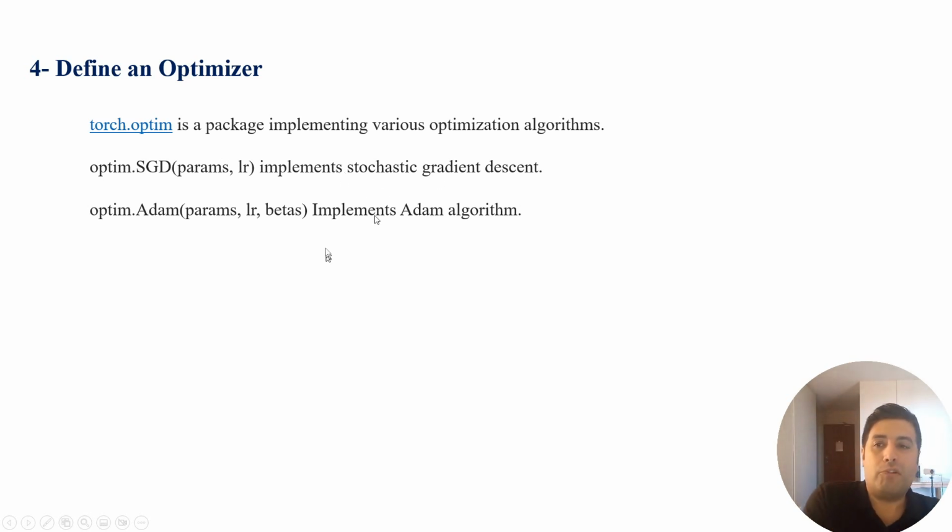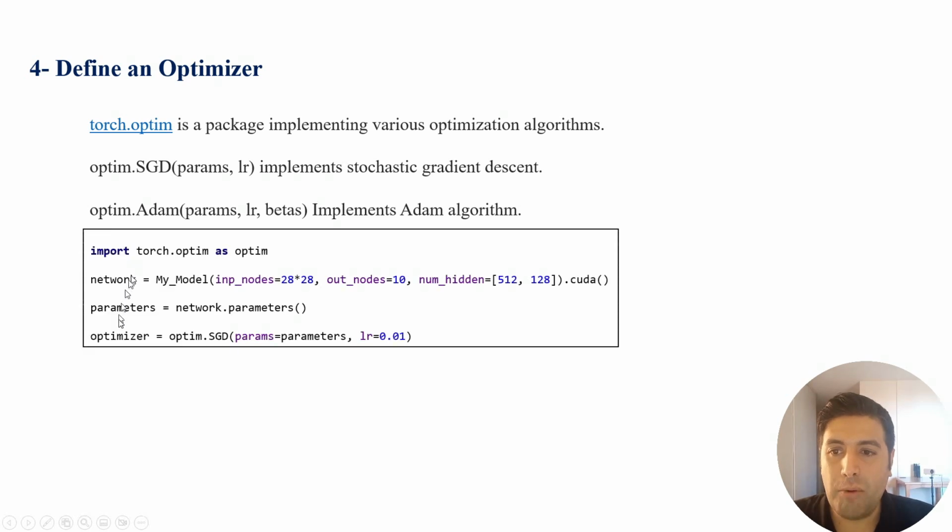For example, for steepest gradient descent, you have optim.SGD, which takes the parameters of your network and the learning rate, and it will make an optimization object out of this class. And you can use optim.Adam for Adam optimization too. It will take the parameters of your network, the learning rate, and then the betas, which are the momentum terms for your Adam optimizer. So in order to do this, for example here, first I initiate my